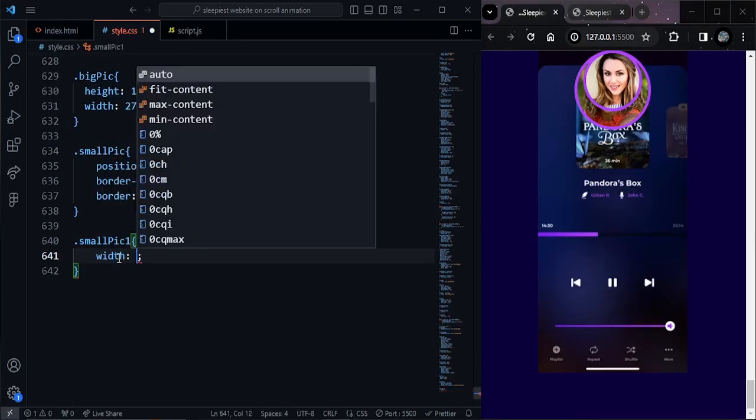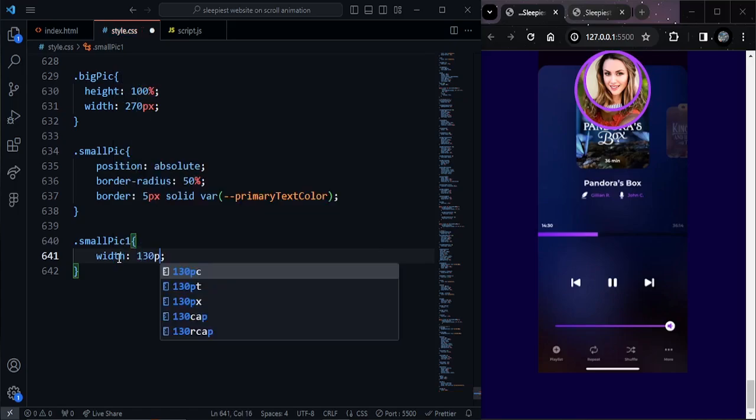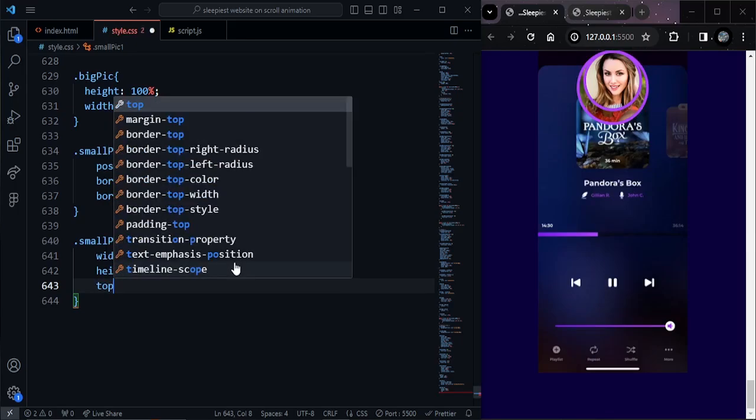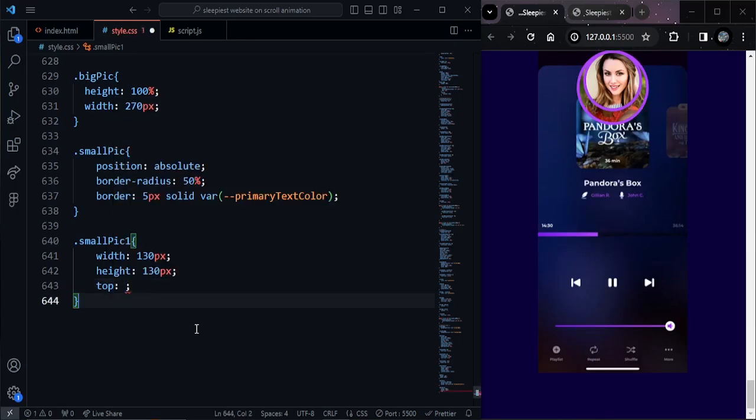width 113 pixel, the height again 113 pixel, because always when we give border radius 15%, we should give the same number of width and height, otherwise it doesn't give us the perfect circle. Then for the small pic one, for this one,